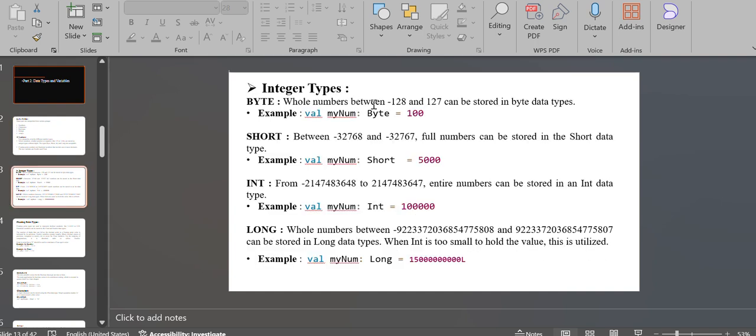Here you can see the integer type. Integer type can be byte, short, int, and long. In byte, whole numbers between minus 128 and 127 can be stored in the byte data type. Here you can see an example of declaration and initialization of a byte, and short between minus